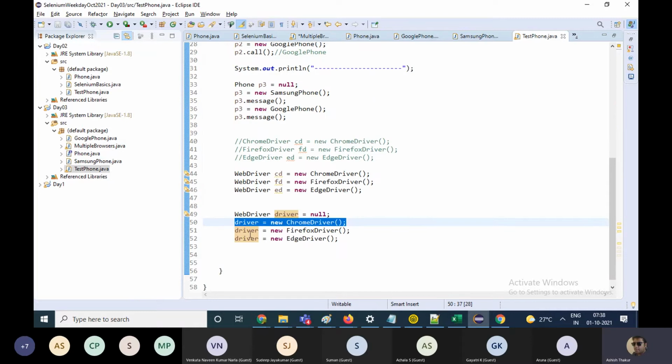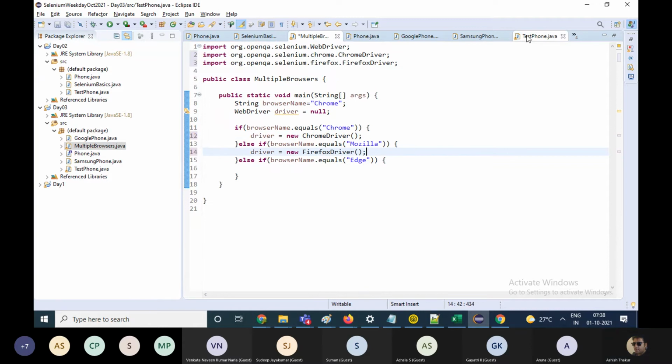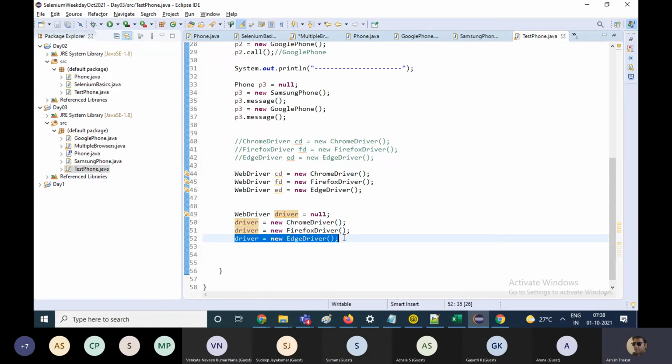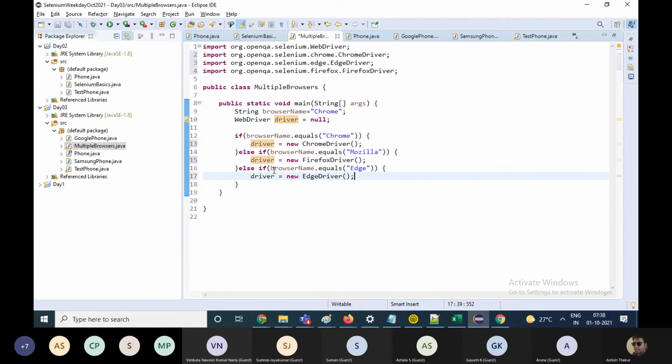If the browser name is Mozilla, initialize it to Firefox driver. If the browser name is Edge, initialize it to the edge driver. Okay. So when you run this code,